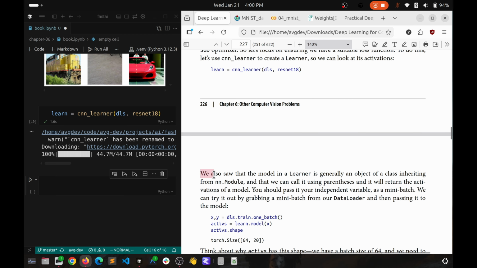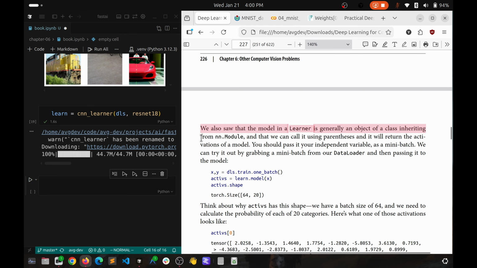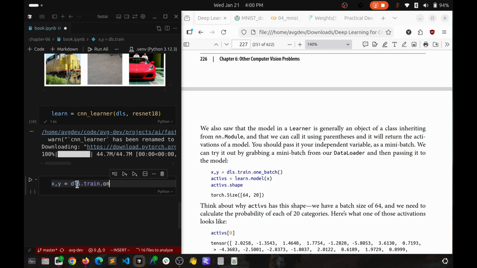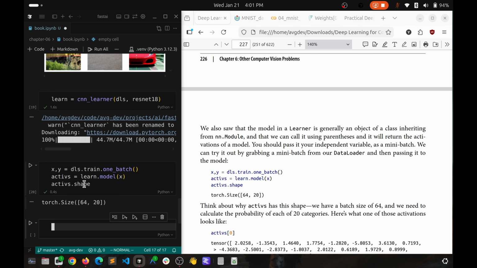We also saw that the model in learner is generally an object of a class inheriting from nn.Module, and that we can call it using parentheses, and it will return the activations of a model. You should pass it your independent variable as a mini batch. We can try it out by grabbing a mini batch from our data loader and passing it to the model. Okay, makes sense? x, y is going to be dls.train.one_batch. So in the training set, get one batch. acts is going to be learn.model given x. acts.shape. Okay, so we have